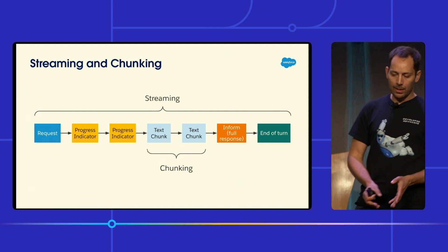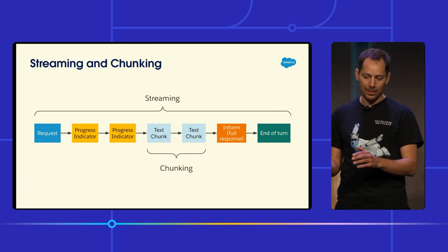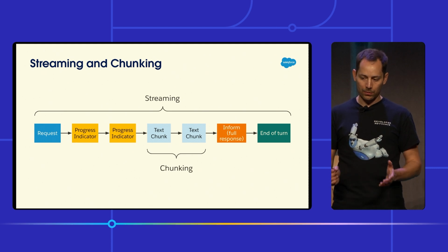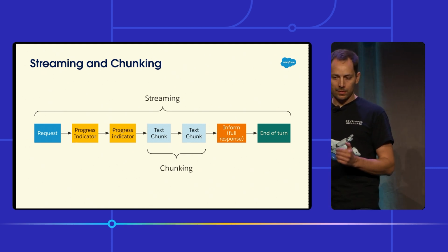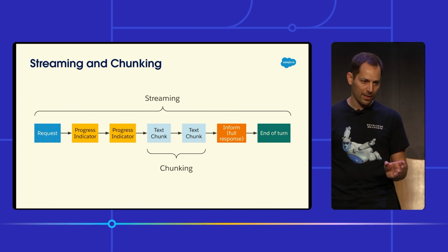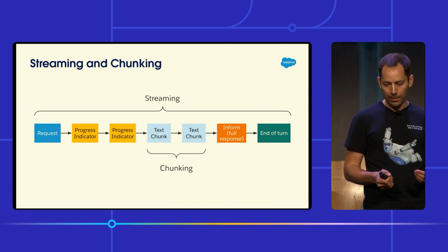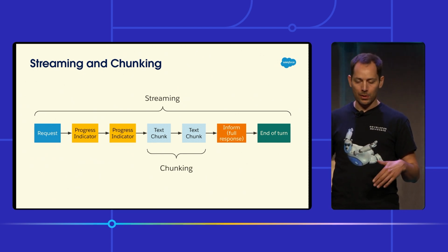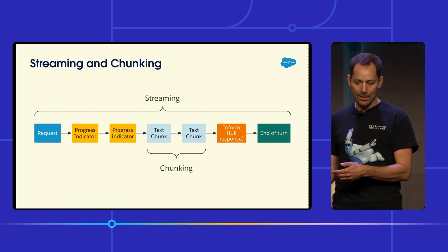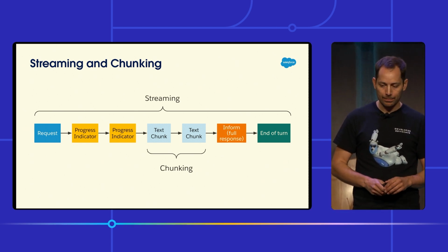And at the end, you'll get an inform message, which contains the full message. So if you don't want to process chunks, you can directly take the inform message, which contains the full response. Once the agent is done with your prompt, it will respond with the last event, which is an end of turn event, which will mark the fact that it's no longer processing your request. So that is just sending one prompt. Obviously, you can do this with multiple prompts. You can iterate, but that's the anatomy of a prompt in a stream format.